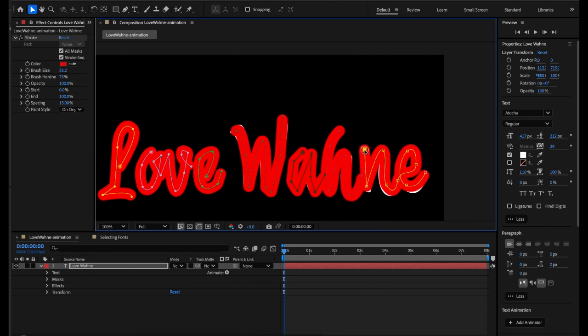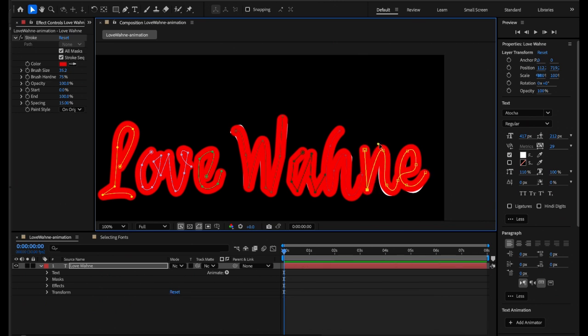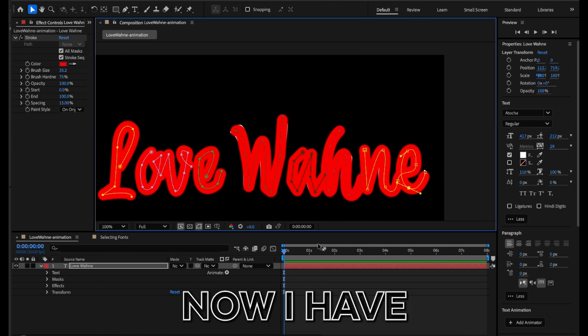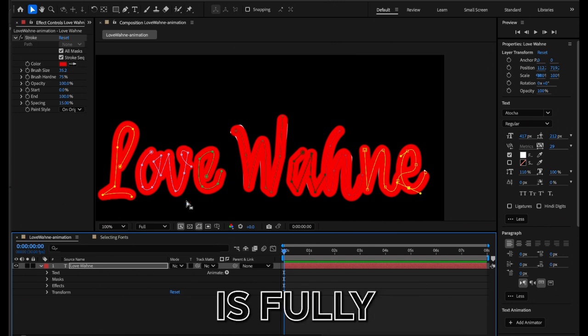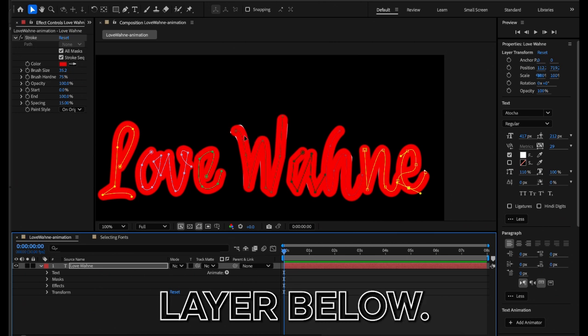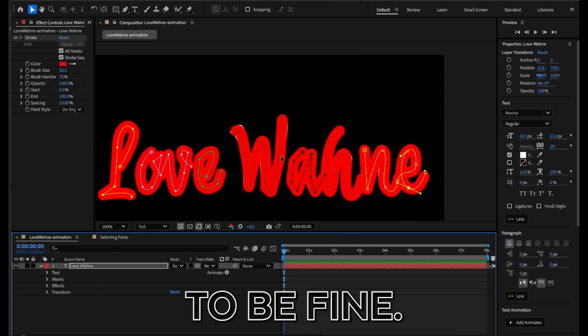Use the V tool to move the path around. Okay, so now I have my path and the path is fully covering the text layer below. There are a few little pieces, but I think this is going to be fine. And then we're going to go